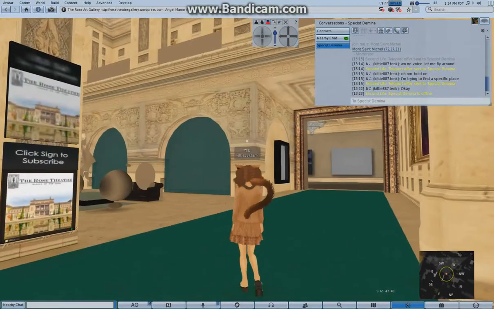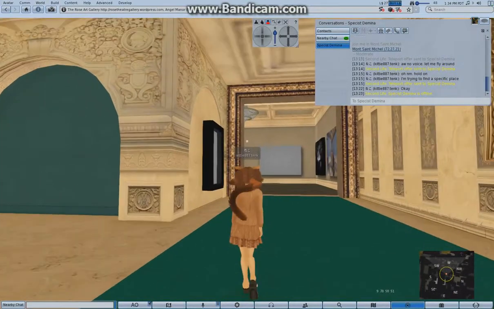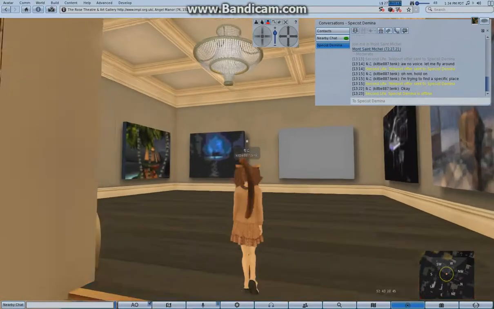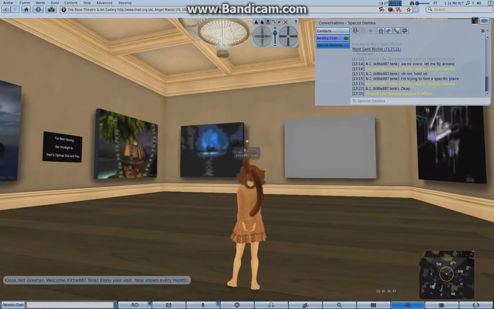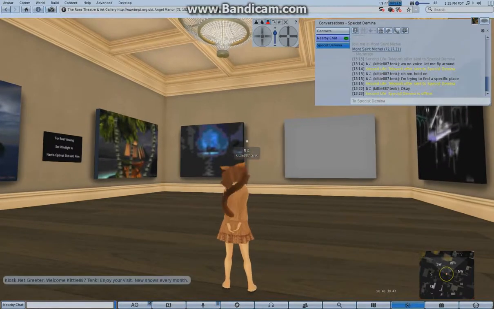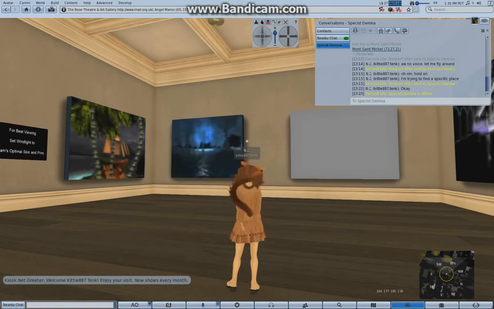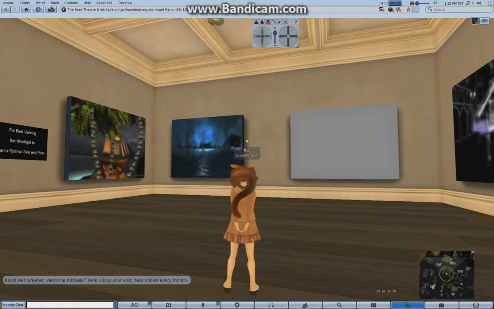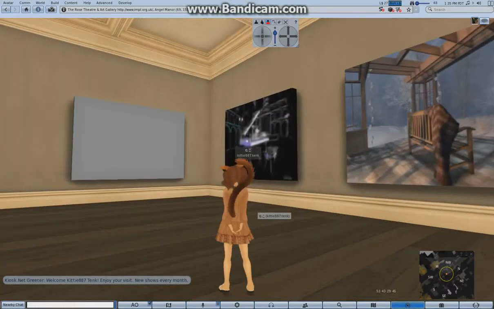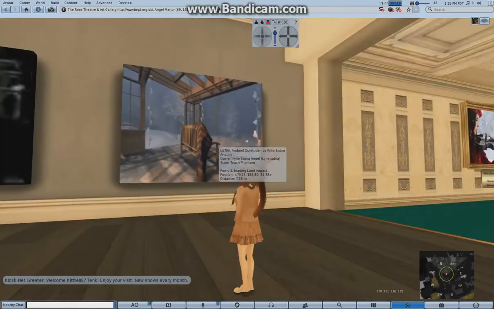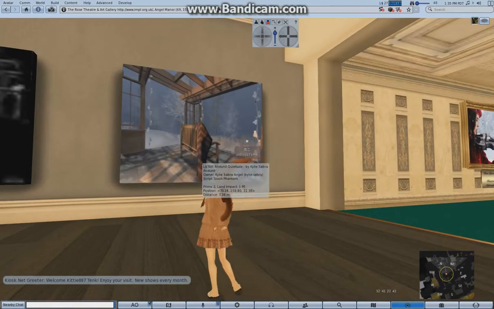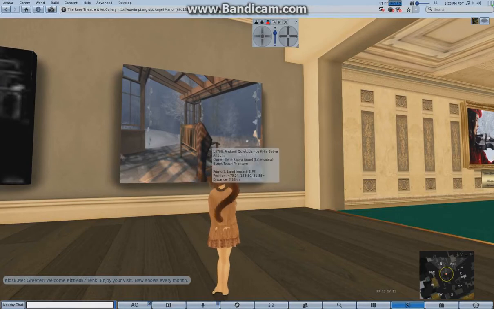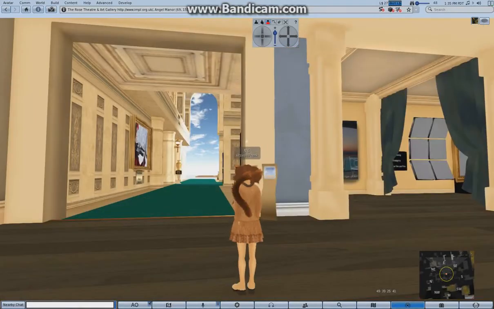But there's wonderful art here that you can go and look at if you're an art person and you like museums and things, which I kind of do. Let's get rid of this again. So, if you like art, see, I love taking pictures in Second Life just like that. This is one of those places I would come to for inspiration and to be like, oh, how do I get the shadows that way? Anyway,